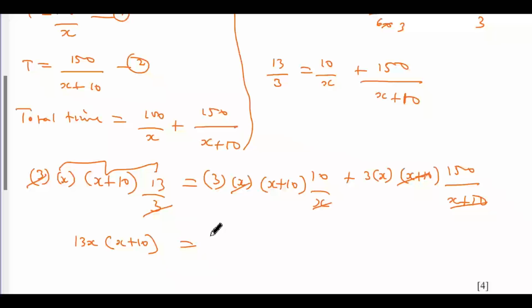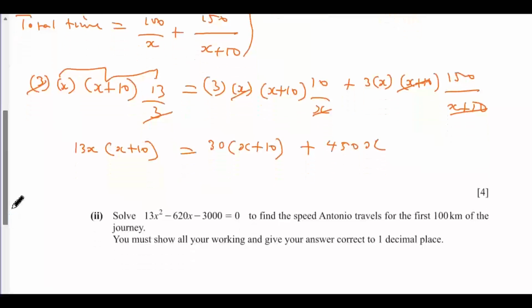That will be 30. 30 into x plus 10 here, then plus 3 times x, 3x. So 3x times 150. So that will give us 450x here. So let's expand this bracket and then simplify. If you expand this one, you get 13x squared plus 130x to be equals to 30 times x. That will give us